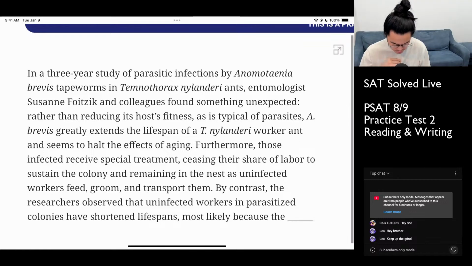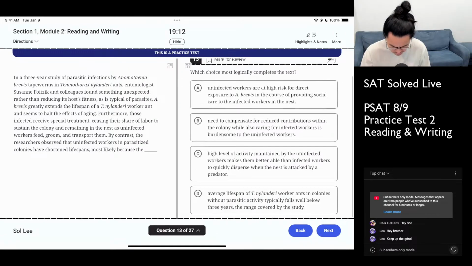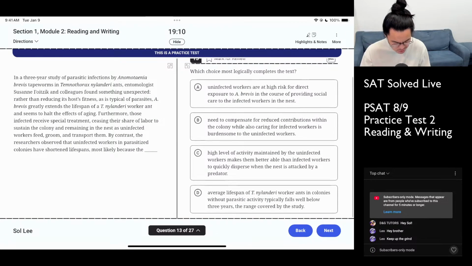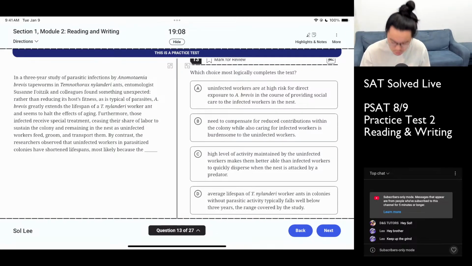Wait, there's a reason? Oh, because I guess the only reason possible is the AB, the tapeworms are not helping their lifespan. But that's almost redundant sounding. But you can't ever be too right. So